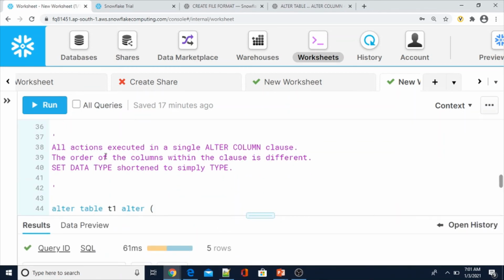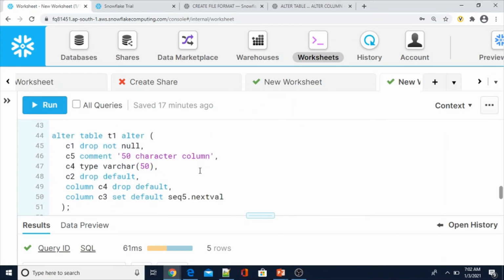So all the actions are executed in a single ALTER COLUMN clause, the order of columns within the clause is different, and SET DATA TYPE is shortened to simply TYPE. If you see here, what we are going to do: ALTER TABLE T1 ALTER, within the parenthesis, C1 DROP NOT NULL, C5 COMMENT, C4 TYPE VARCHAR 50.